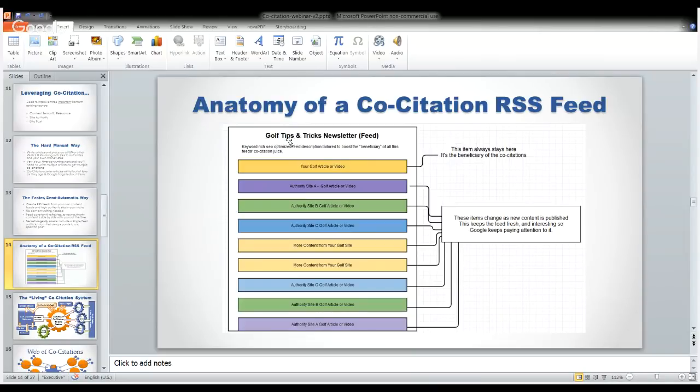And so this particular RSS feed that's pointing at, that's trying to lift the site and this particular page on my site, that would be the keyword that I'm really trying to target for this page. And then I'd have authority site A, which is another golf article or video. And then I'd have authority site B, which is another golf article or video from a different site. And these are all sites that Google already likes and thinks well of and trusts. And then you'd have authority site C. So you'd have 3 sites you're basically getting co-citations from